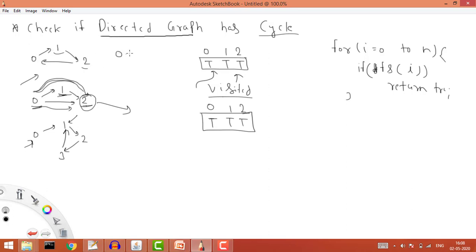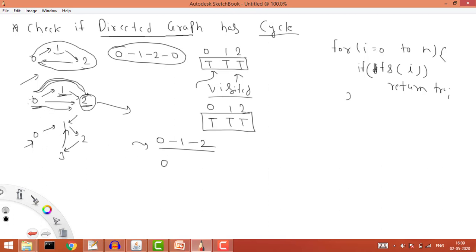So for 0, we started from 0, then we went to 1, then we went to 2, and then we again went to 0. So in the same path, in the same neighbor path, we are getting this 0 again, right? So that is why we could say that here we have the cycle. But here, if you see what happened, we started from 0, then we went to 1, then we went to 2, and after that there is no path, because from 2 I cannot go to 0, right? So this was the one path. Now in another path, when we appear at this second neighbor, because this 0 has the neighbor 2 also, in the second path we move from 0 to 2, right?